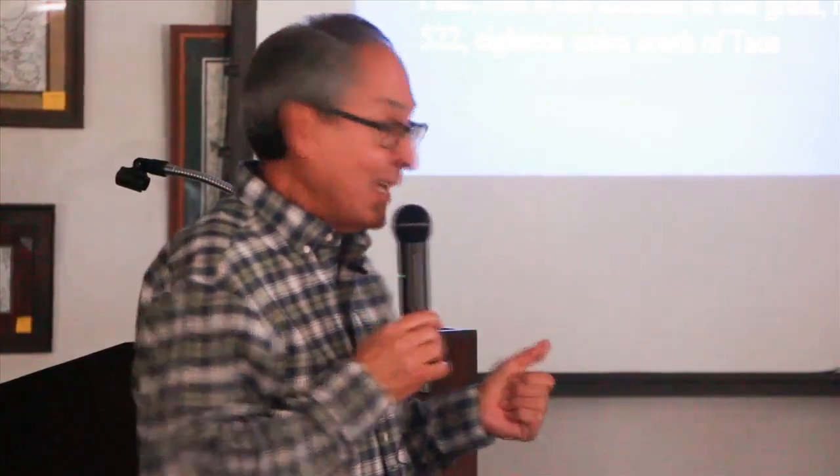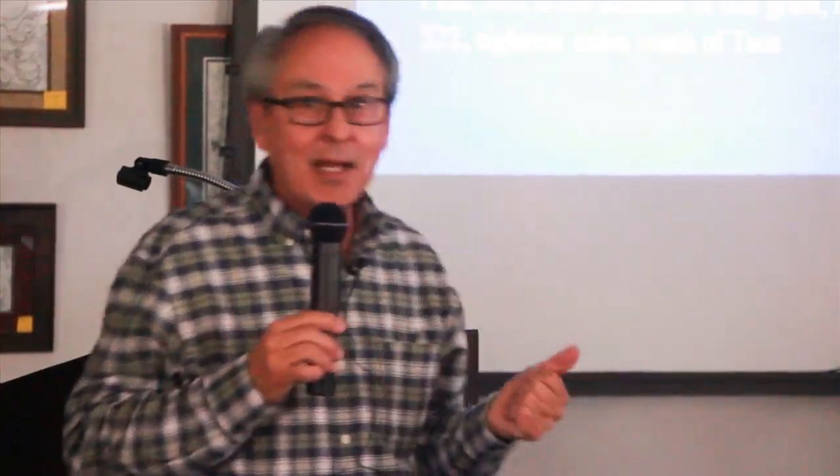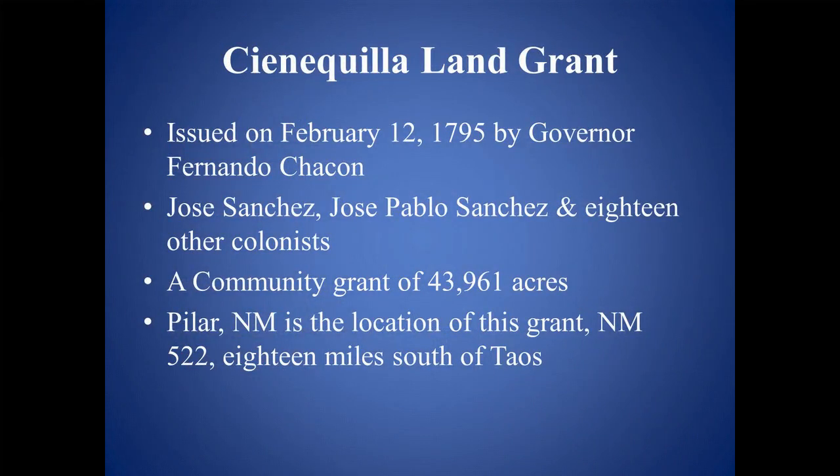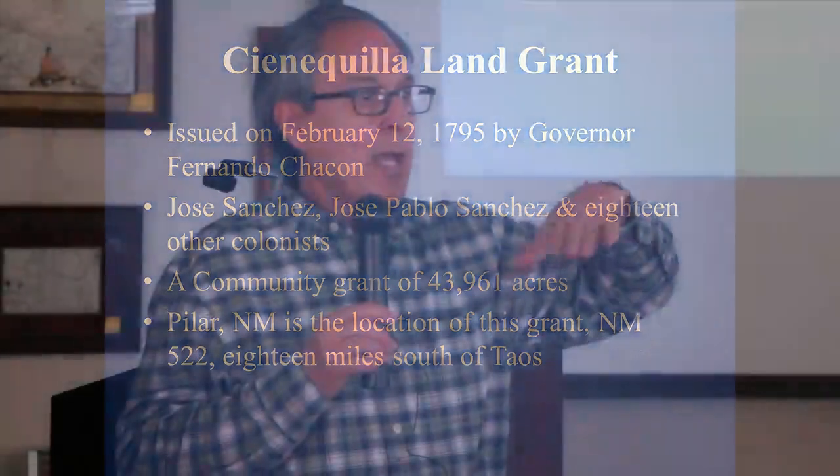Okay. The next one, this is an interesting one. La Cieneguilla Land Grant. Cieneguilla, or Cienega, is swamp in Spanish. So wherever there was a watery area, sometimes a river jumps the banks and creates that. How many of you have been to Taos and going south through the Cañón towards Española, and as you drop the canyon, you get into Pilar? Yes. That's what Cieneguilla was.